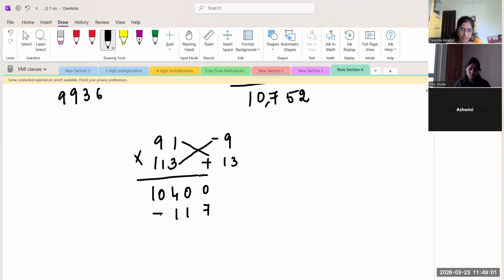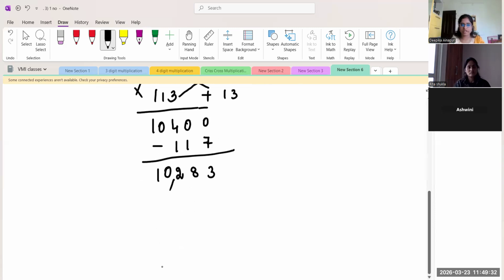So just do the subtraction here. So it will be just borrow. You should take normal subtraction. So this is 9 here. So 10 minus 7 will be 3. 9 minus 1 is 8. 3 minus 1 is 2. And here 0. 10,283 is the answer. Right? So in this way we have to do when one number is above the base and another number is below the base. Right? Above and below. So we will be doing like this.